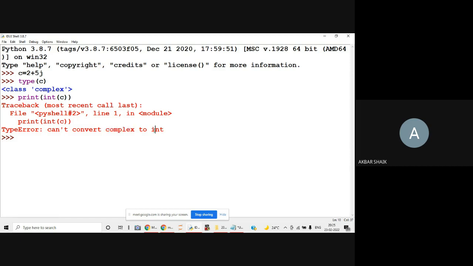But the reverse can be done. What is the reverse? I can take i is equals to 20. You check this i type, it is integer. Then you can convert: print of complex of 5. This is possible. You can convert any integer number to complex number,